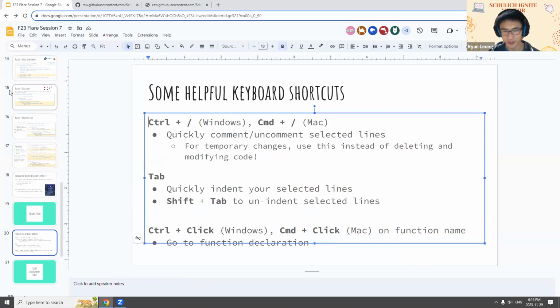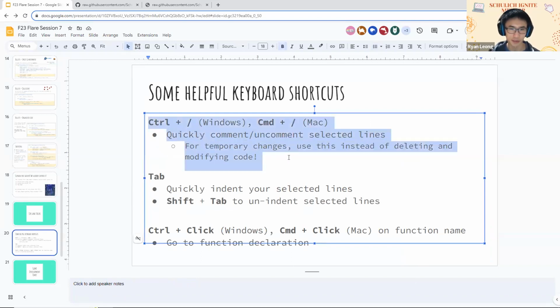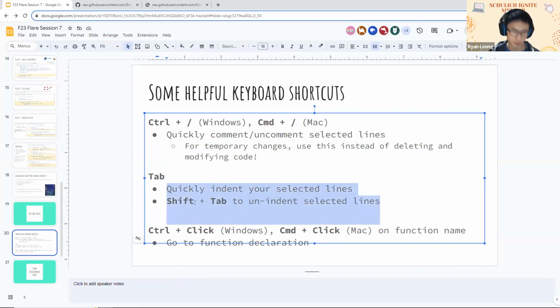I feel like we should have included this at the beginning, but if you highlight a bunch of stuff and you do control-slash, you can comment it out or uncomment it. You can also highlight a bunch of lines and you can tab or shift-tab to do indents, and then